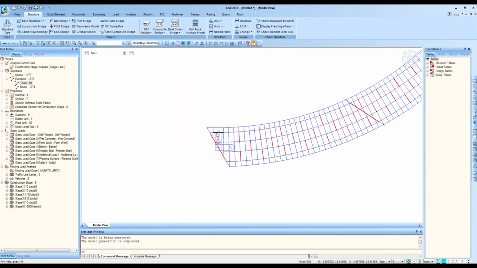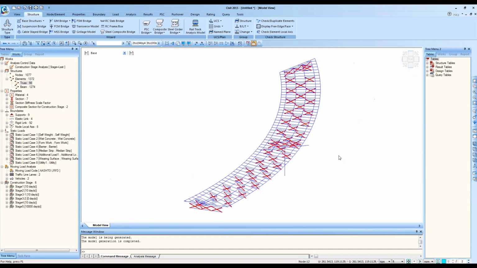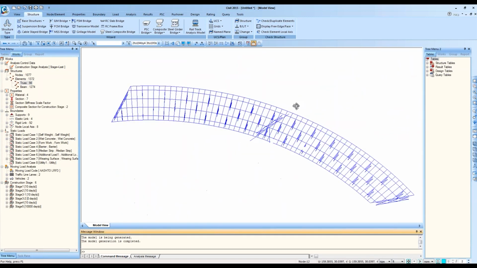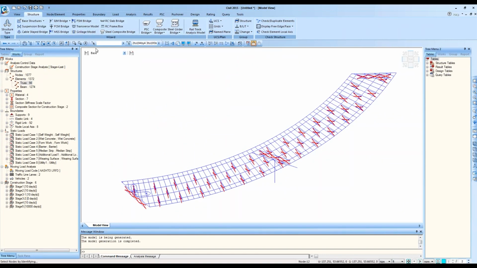So notice how the bracings are starting at different locations, and it's varying between the girder lines. The starting point of the bracing is different and all that. So this type of setting can be reflected, and also the curvature and the straight and skewness. And also here, let me show you how you can change, let's say, one of the